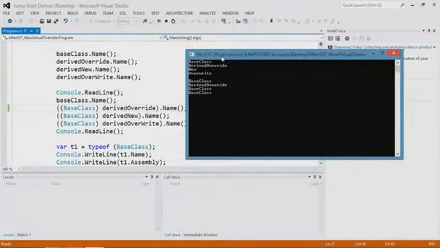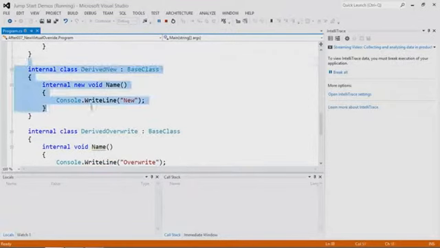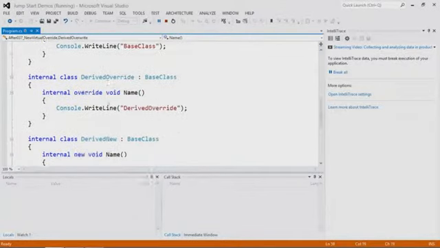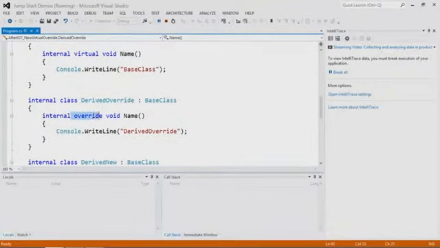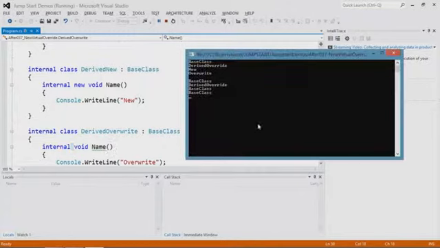Here's the surprise. All 3 call from inside their own implementations, but now when you cast them back to base, 3 of the 4 actually execute what is defined and implemented in the base, not what's in the class themselves. And let's remember which ones they are. The second one is using new. The first one is using override, which is what you want to happen. The first one is the base. There's only 3. But the last 2, new and kind of implied new, both, when you cast them back to the base, act like the base only,